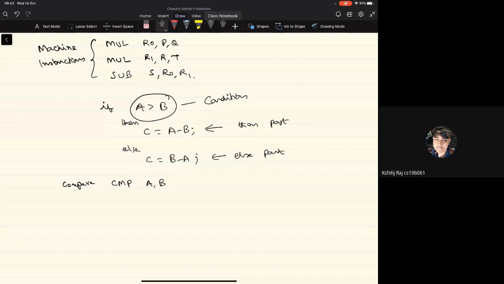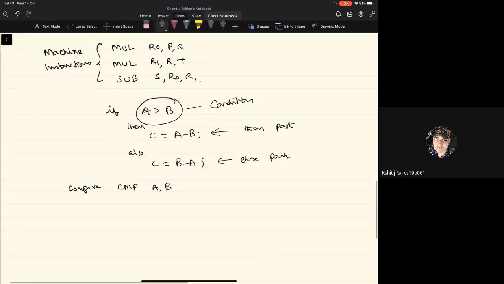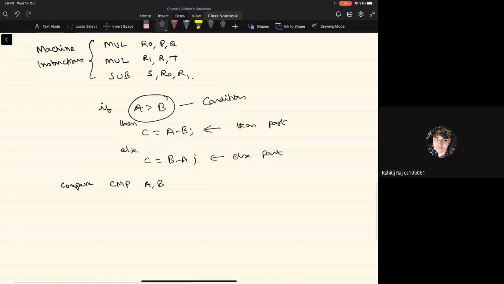The possible relations are A is greater than B, A is less than B, or A is equal to B. So when the ALU performs this operation, it will generate a few flags, like in the case of the hack ALU, where we've seen that there are a zero flag and a negative flag.